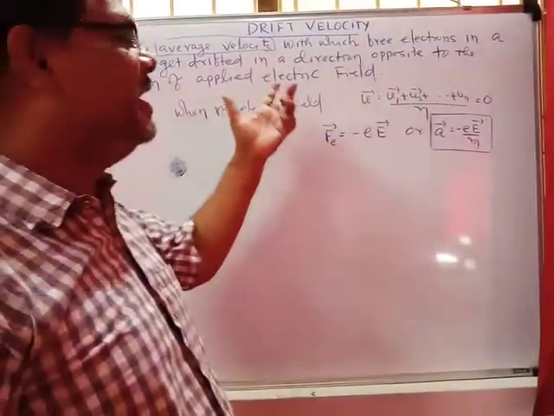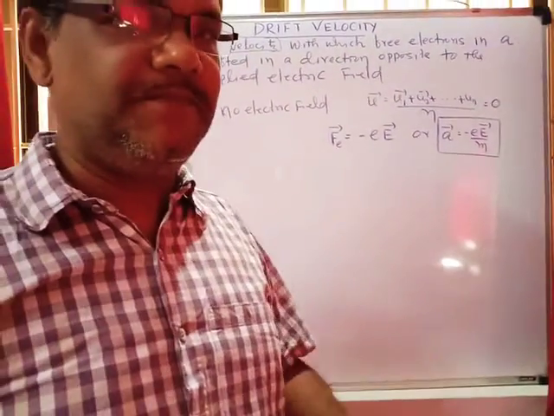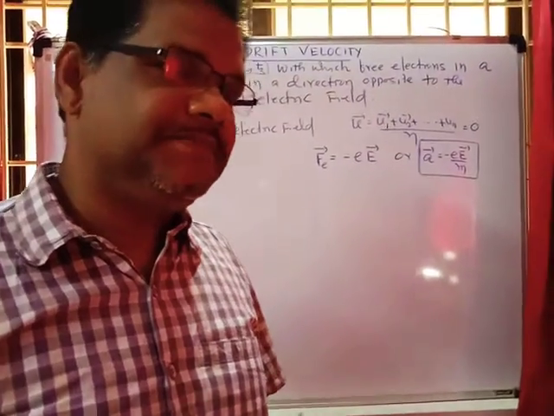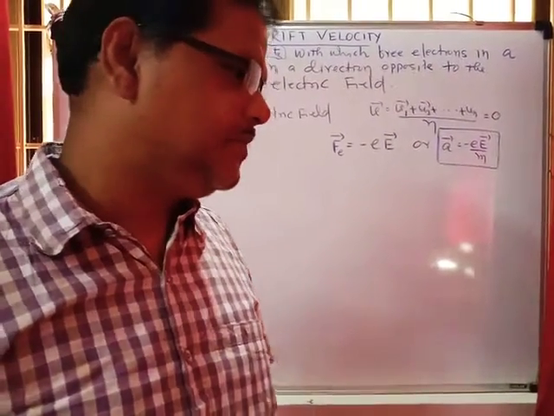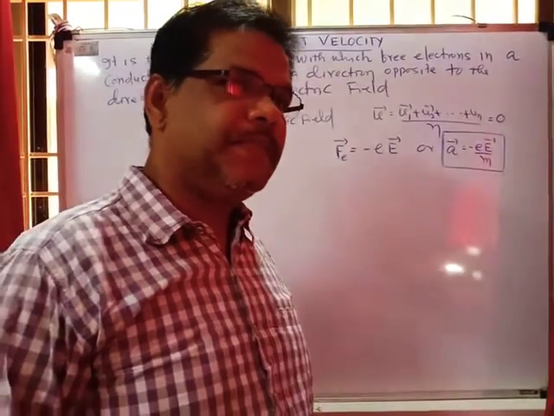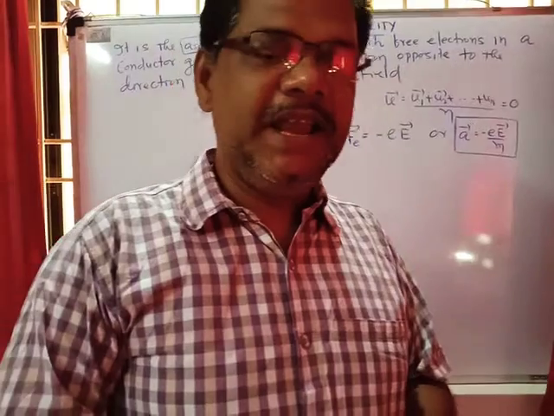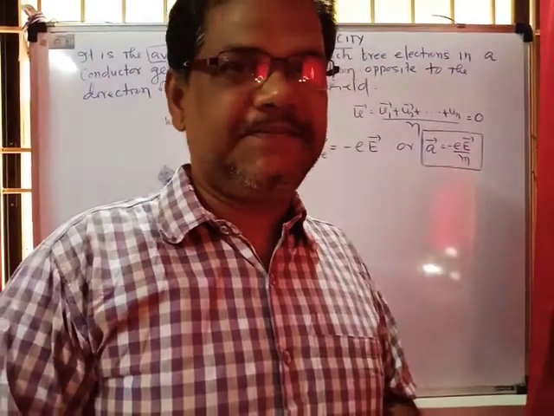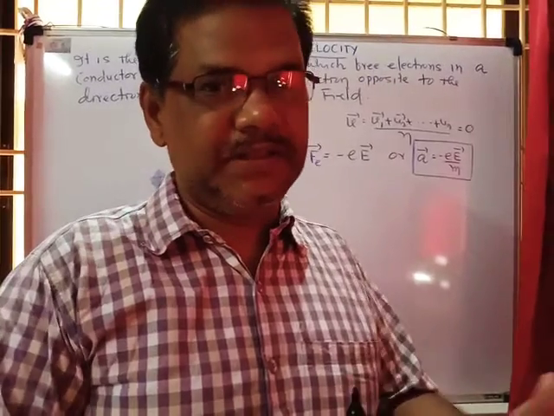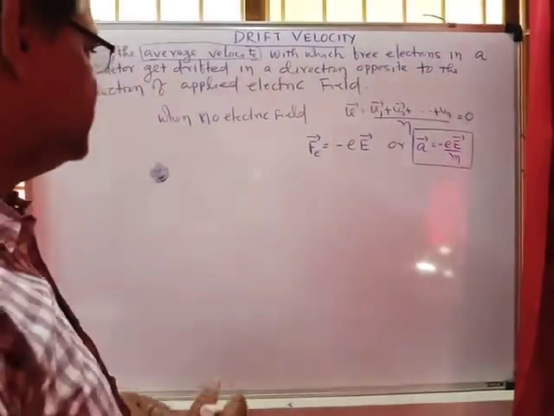First of all, I would like to give the idea about the drift velocity. The drift velocity of electrons is very small. How those electrons are drifted, that part we will be discussing now. Suppose whenever the PD, the potential difference, is applied, an electric field will be set up, and due to the electric field the electrons will start moving. The force will be experienced on the electrons in the conductor.